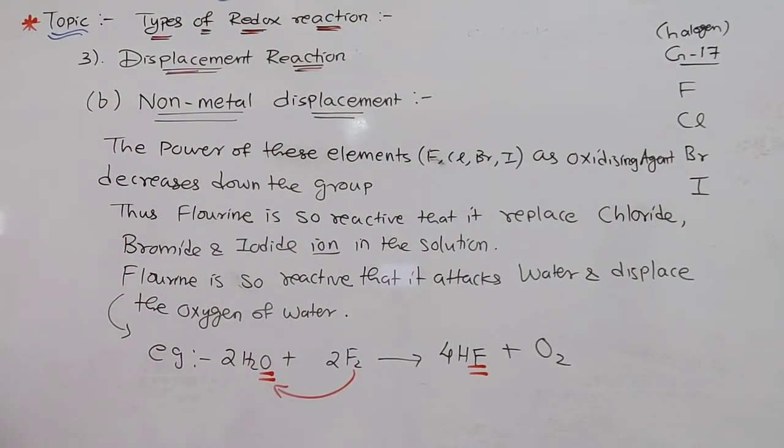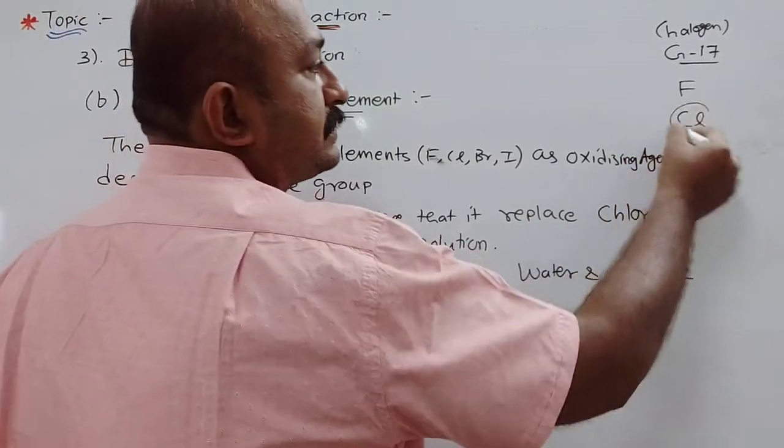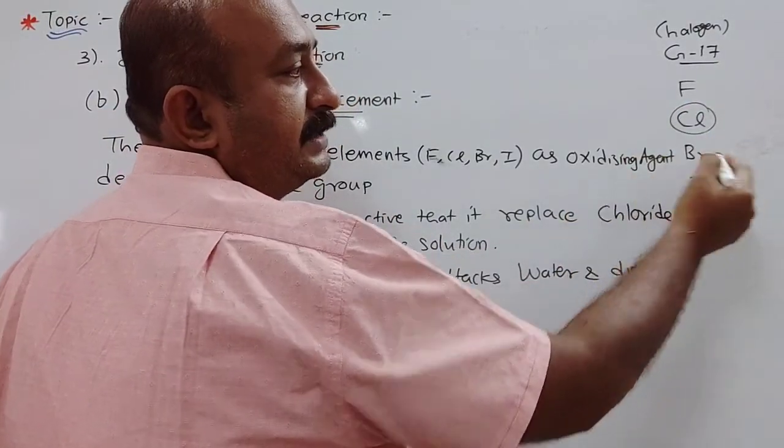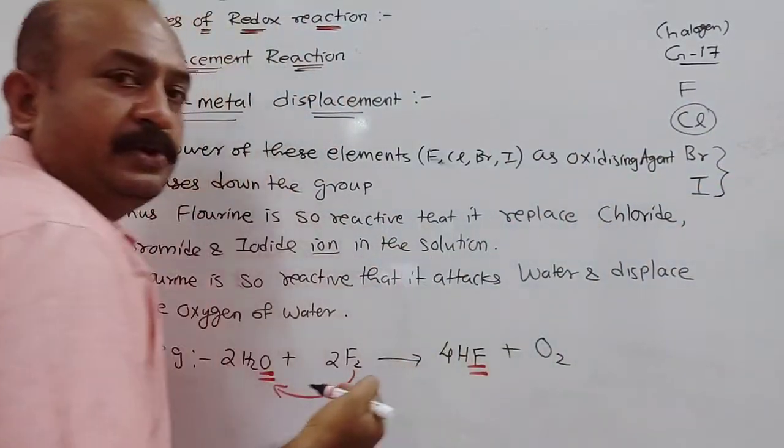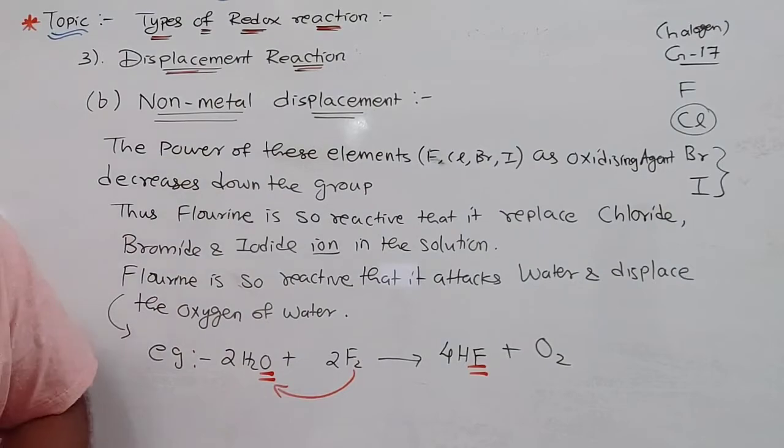Just imagine. Understood? And it is for this reason that the displacement reactions of chlorine, bromine and iodine using fluorine are not generally carried out in aqueous solution. Okay, so this is the reason given there. On the other hand, you can see chlorine can displace bromide and iodide ions in aqueous solution as shown below. Why? Because chlorine is more oxidizing than bromine and iodine. So that part is being explained here.